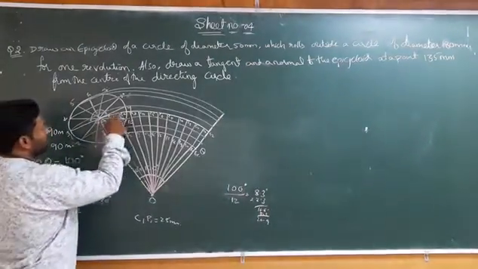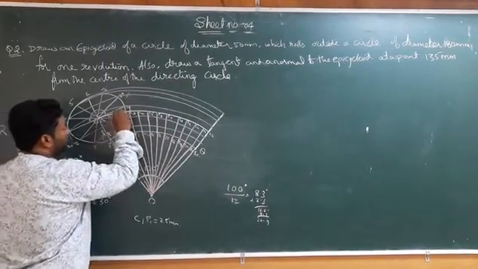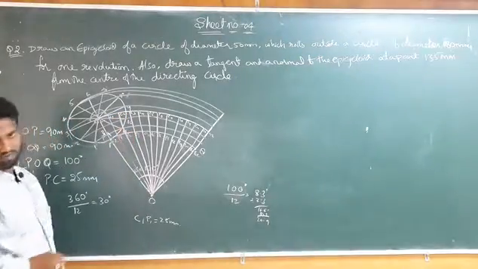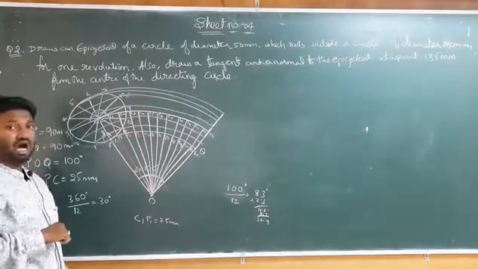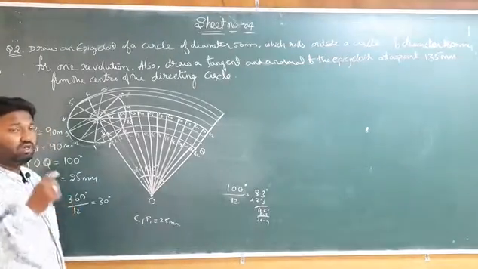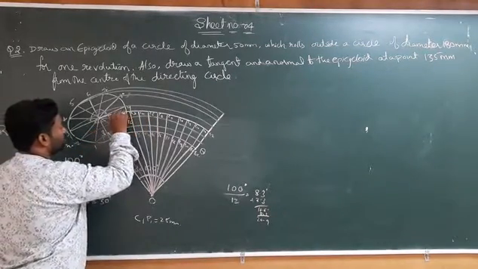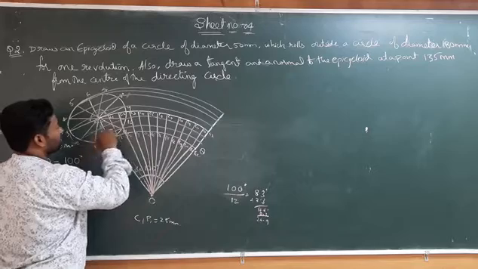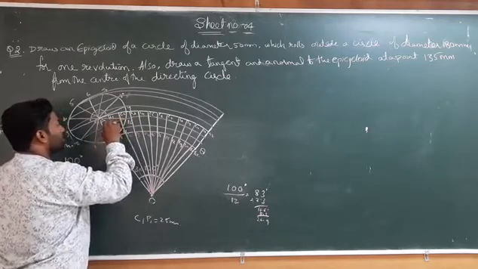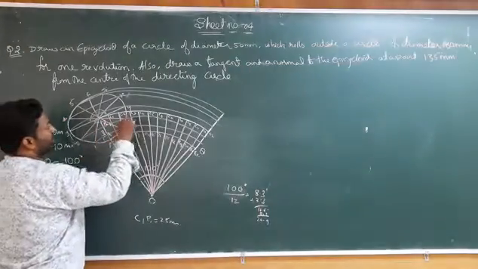Now the second one is C2. With the help of C2, P2. The radius from C2 to P2 is same as usual, 25 mm only. Now we have to cut the arc. You have to cut the arc by maintaining the radius 25 mm. We have to cut the second arc. Now from C2 to the second arc, which is passing from the 10, we have to cut the arc there. It will be approximately, it will come here. This is my point P2. Like that only we have to continue.